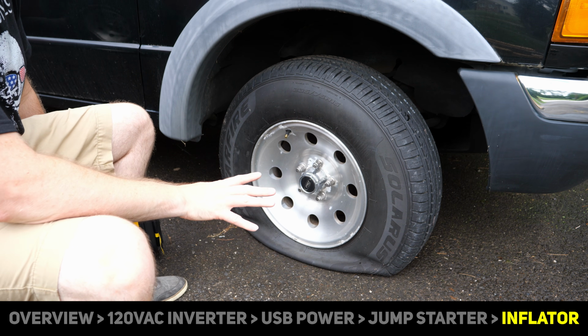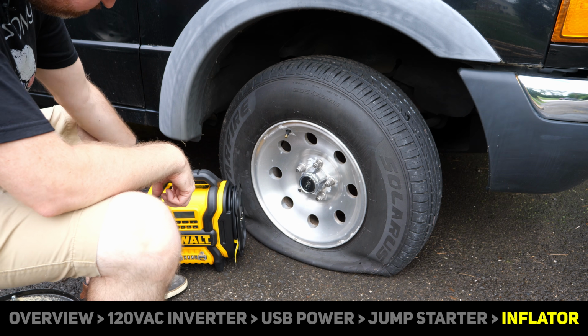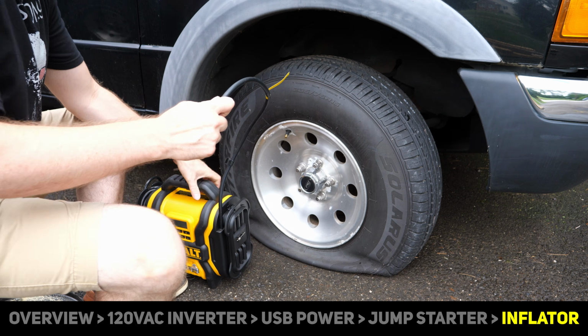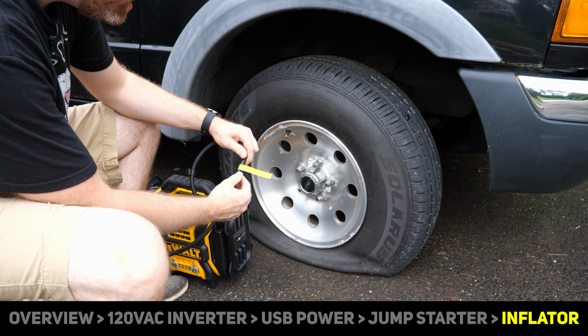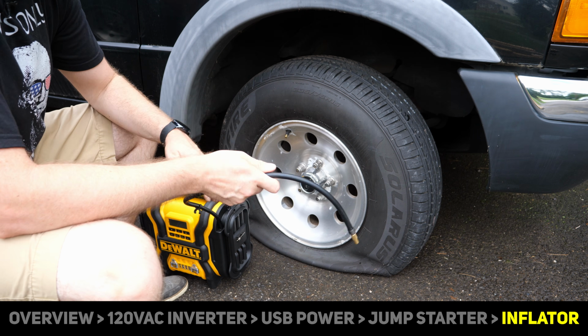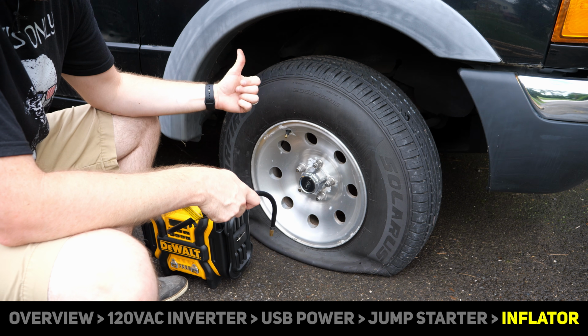All right, so I basically completely let all the air out of this tire on my Project Ranger. So let's get the air hose set up. Now, it does say on the little warning label here that to prevent overheating, the compressor will automatically shut off after 10 minutes. So hopefully it can fill this tire to 30 PSI, which is what the door tag says,